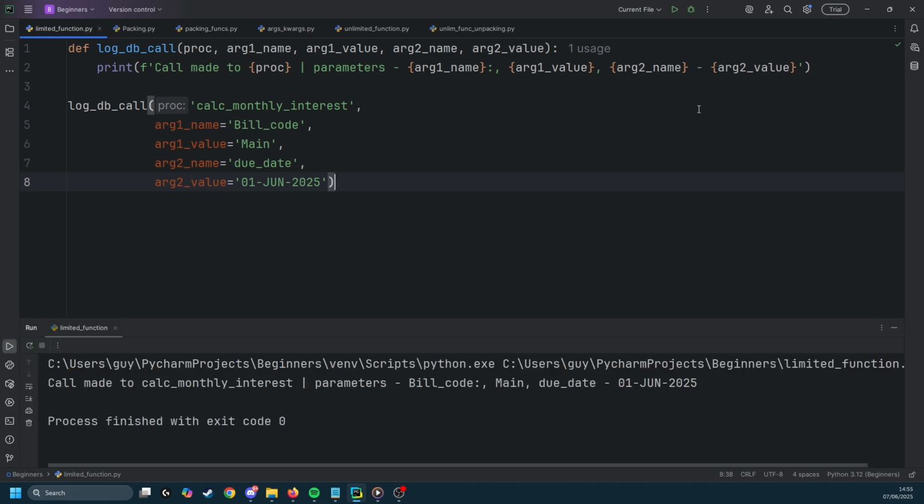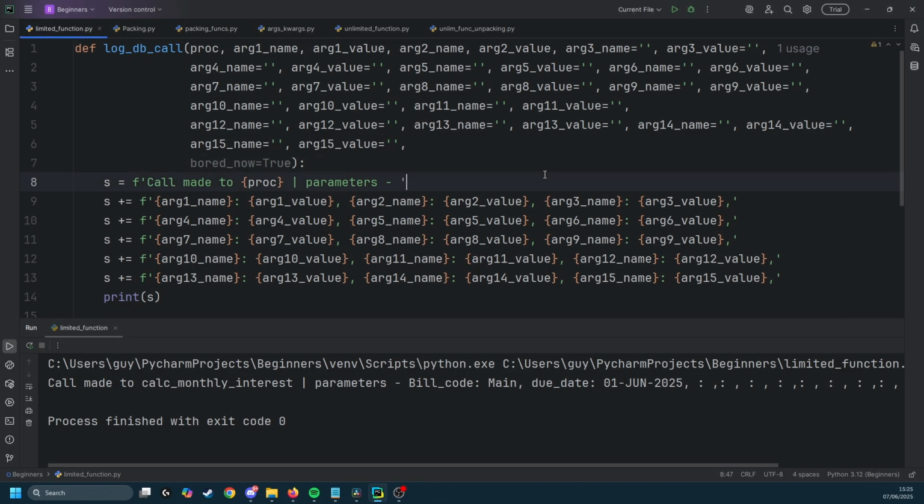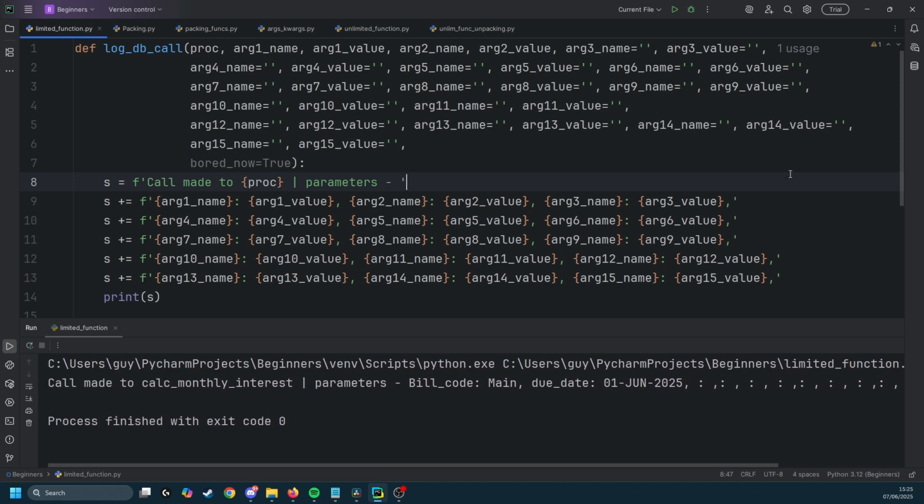And don't get me wrong, it works great for the first few, but what if you want to add a third parameter or you want to log that massive procedure with 30 parameters? Suddenly your simple function is mutating into its own kind of nightmare. The kind of code you wish you could unsee. And yes, you could make it match the biggest proc you've seen, but there will always be a bigger one